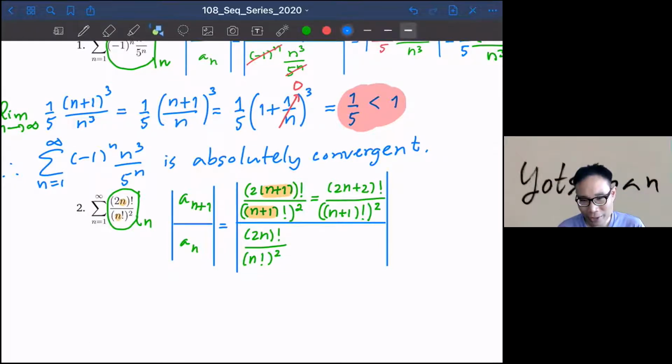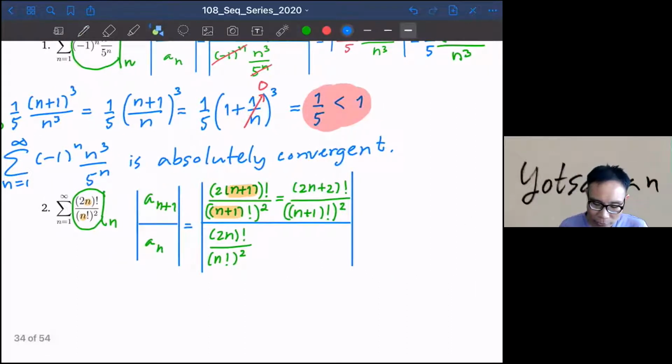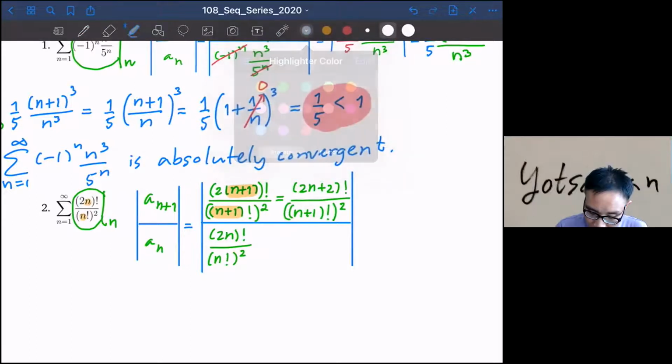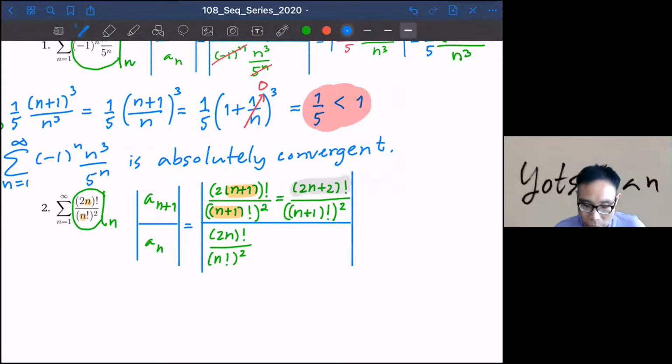Everything looks nice. So the algebra that you may have to perform is that you have to notice that you'd like to kind of get rid of this guy and this guy. And the thing that you're going to do is you're just going to try to figure out what is (2n plus 2) factorial. What is (2n plus 2) factorial? So you see that (2n plus 2) factorial turns out to be just